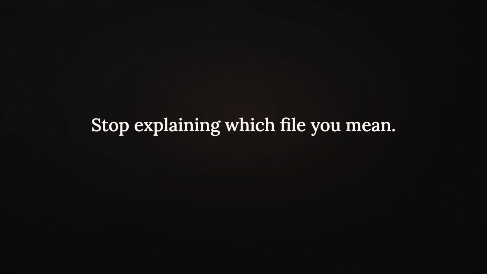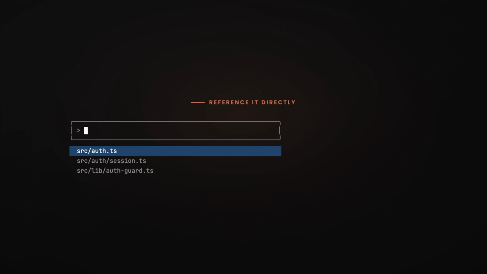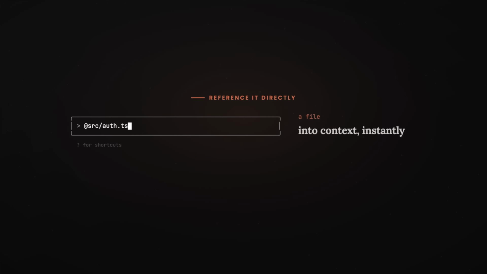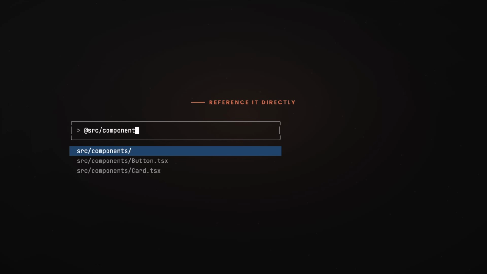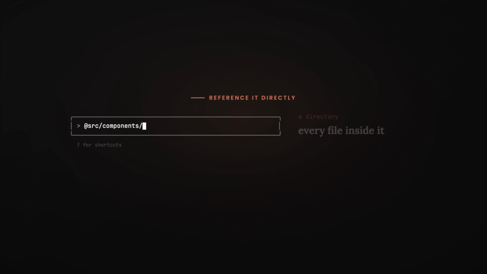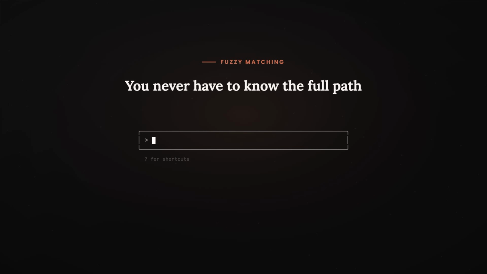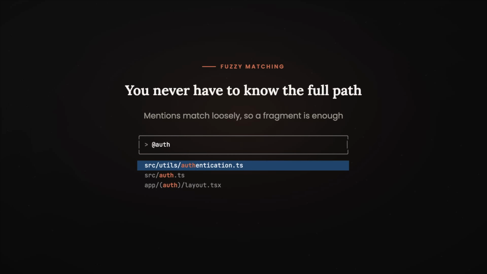Number 12, and this one saves you so much typing, is @mentions. Instead of explaining what file you're talking about, just reference it directly. If you do @src/auth.ts, this will pull the file into context instantly. If you do @src/components, this will reference an entire directory. File suggestions are about 3 times faster in Git repositories, and they support fuzzy matching, so you can type @auth and it finds files like